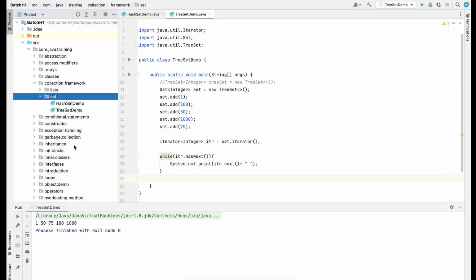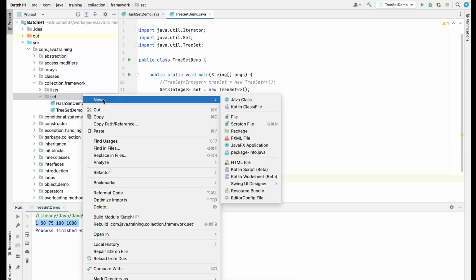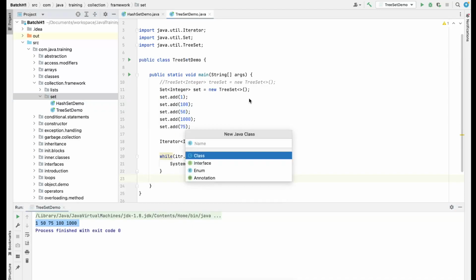We can also do something. If you want to print out this tree set in a reverse order, suppose this was in our ascending order, so you want to basically print it out in a reverse order. So let's say I'll create something like